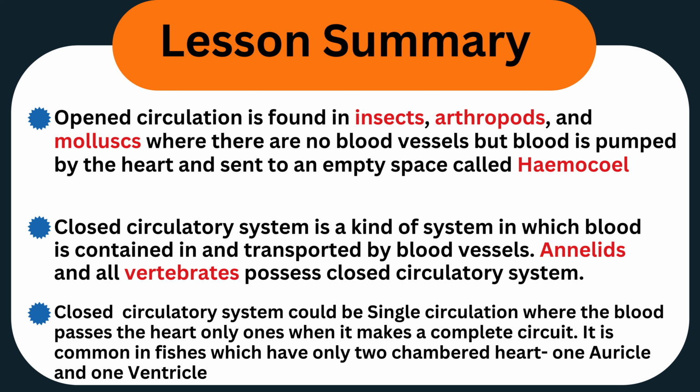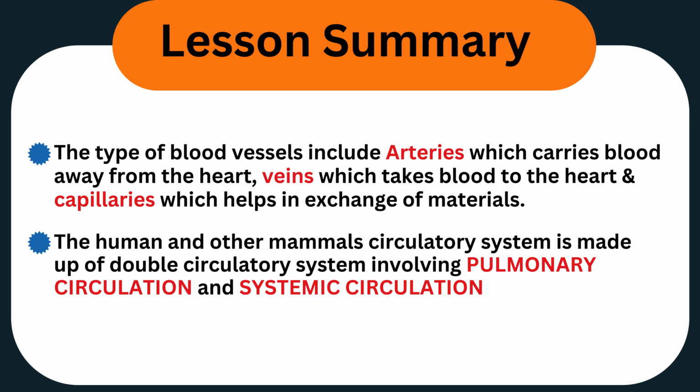The closed circulatory system could also be single circulation, where the blood passes through the heart only once when it makes a complete circuit, and it is common in fishes, which have only two-chambered hearts, that is, one auricle and one ventricle. The types of blood vessels include arteries, which carry blood away from the heart, veins, which take blood to the heart,